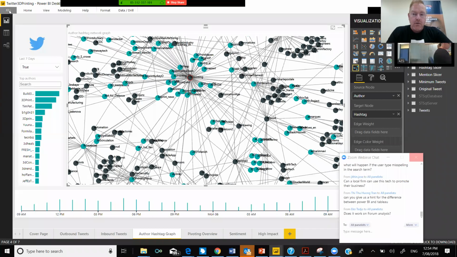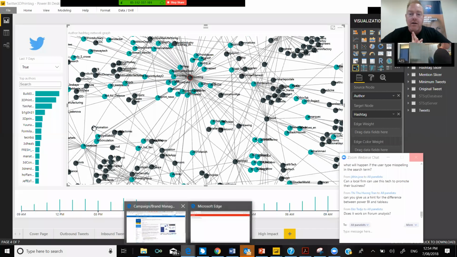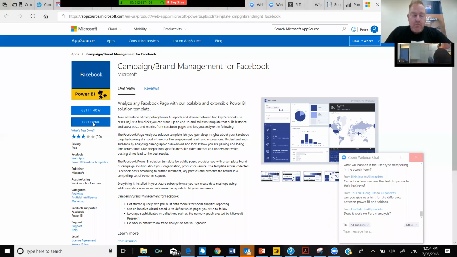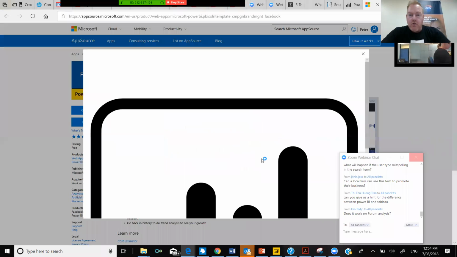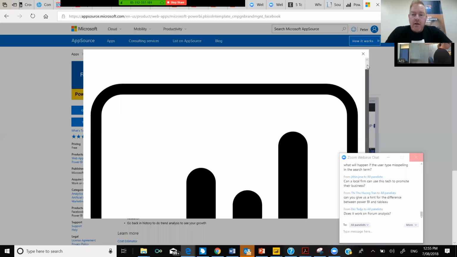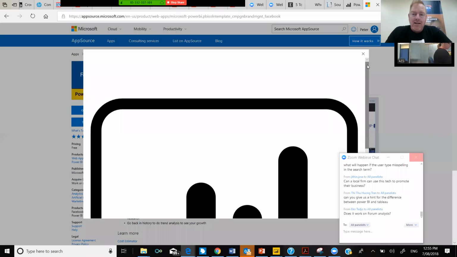It's exactly what Microsoft are doing here when they say test drive: they're using an embedded Power BI report. You could do the same thing in your own web page. Here it's loading up an embedded Power BI report that's disconnected from the data. All of the analysis has been done and it's all been turned off, but you've still got this pot of data that you can embed inside your web pages. So this is just loading up. This will give you a flavour for how you could use that to promote your business.